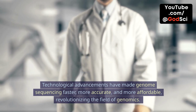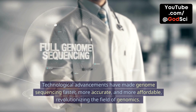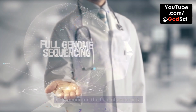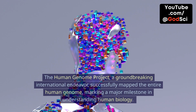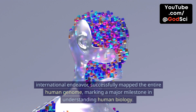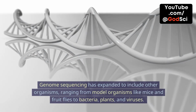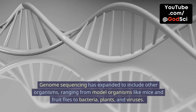Technological advancements have made genome sequencing faster, more accurate, and more affordable, revolutionizing the field of genomics. The Human Genome Project, a groundbreaking international endeavor, successfully mapped the entire human genome, marking a major milestone in understanding human biology. Genome sequencing has expanded to include other organisms, ranging from model organisms like mice and fruit flies to